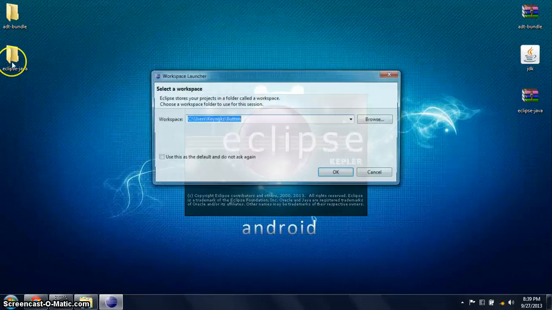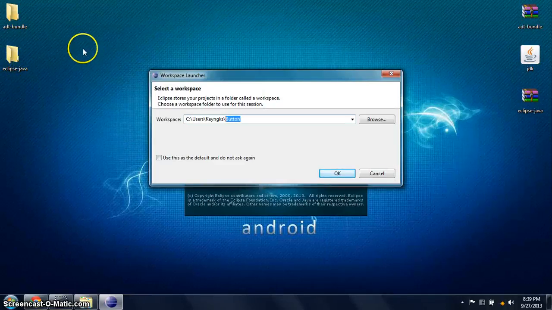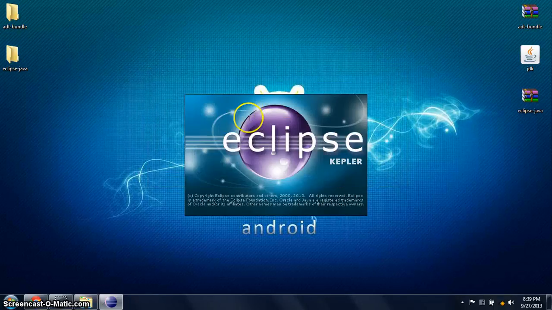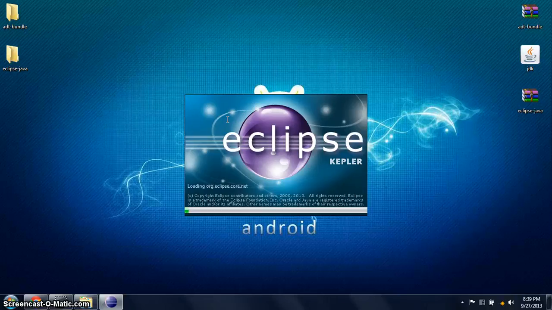To start off, you need to open Eclipse. Then edit the workspace, password.